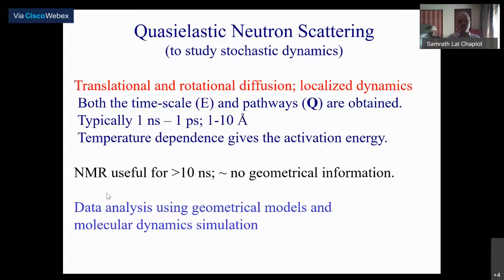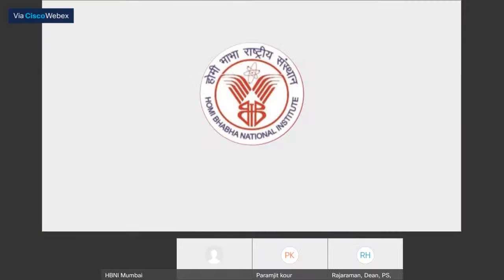NMR, on the other hand, is a very complementary and very useful technique. However, that is useful for relatively slower processes where the relaxation times are in excess of 10 nanoseconds. And NMR also does not provide you any direct geometrical information. It's only the time